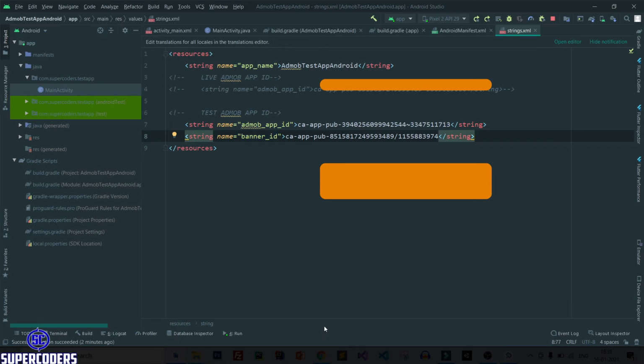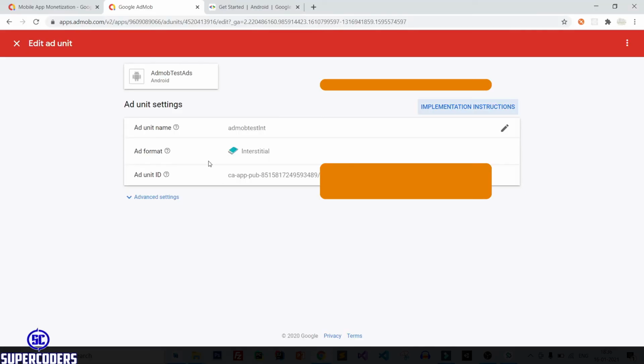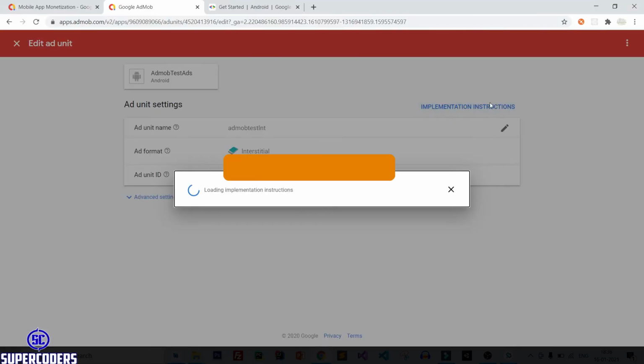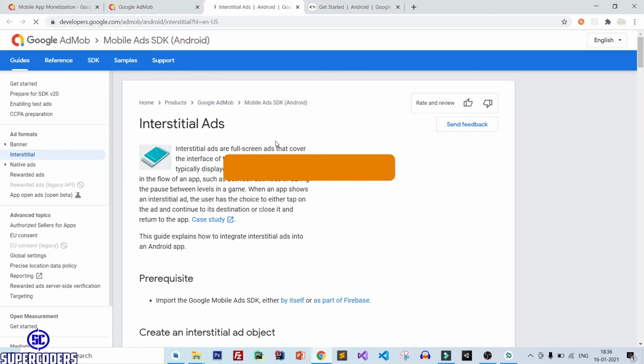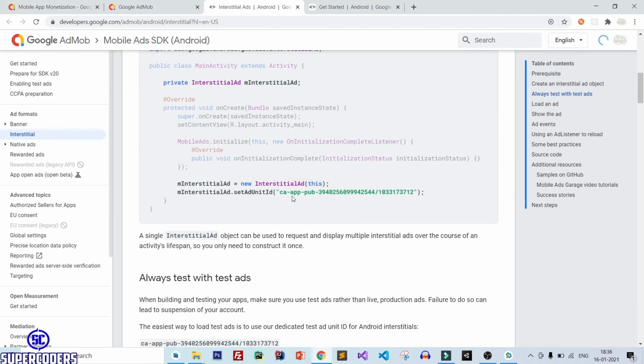And if you want to see how you can get your test ID for banner and interstitial, simply back to Chrome, click on implementation instructions and click on the interstitial guide. And here if you see, you can get this ID for testing for interstitial.